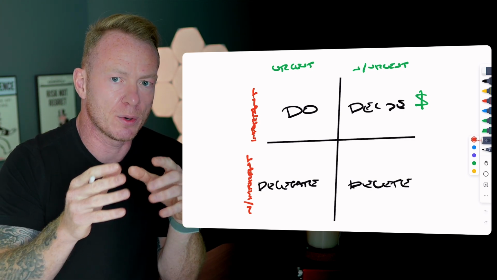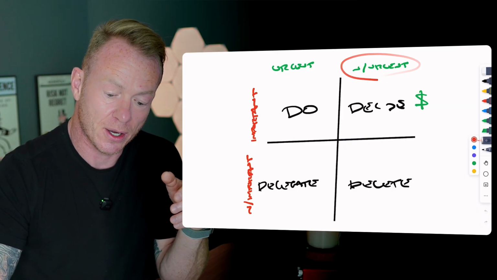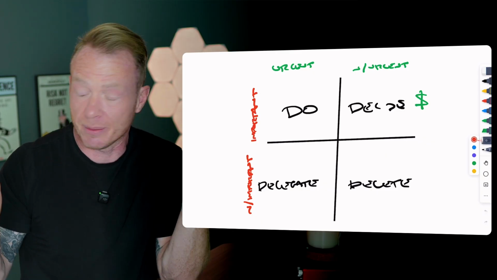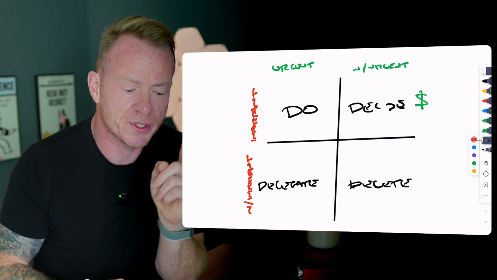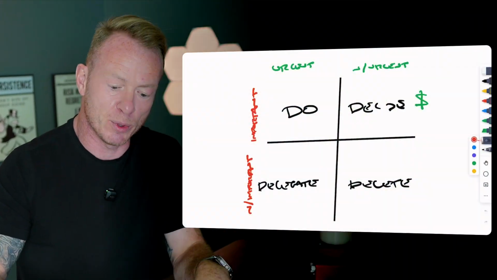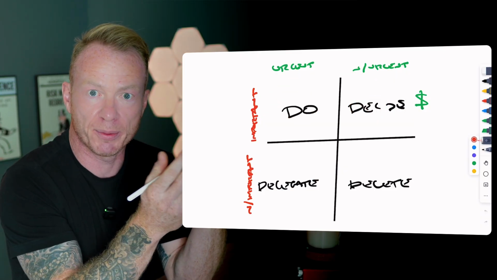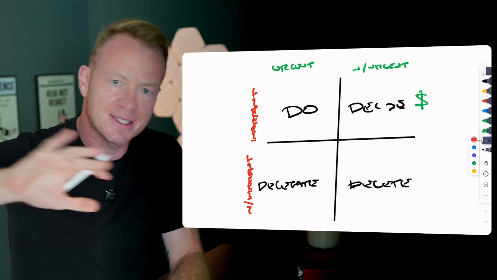But because we're bogged down in the woods and don't think about this, it really isn't urgent. Nothing's going to go on fire if we don't do it. The business isn't going to burn down. But that's what makes it the money box, because most agents typically will not address these things until they absolutely have to, until they move from box number 2 to box number 1. Like, oh, I've got an open house coming up tomorrow and I haven't even thought about a strategy for it. Most agents put these things off.